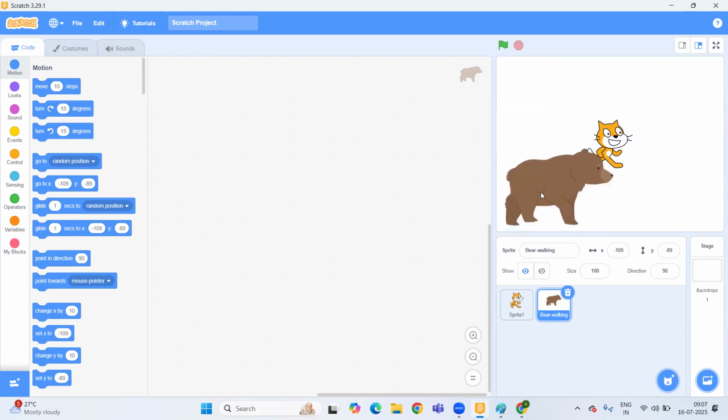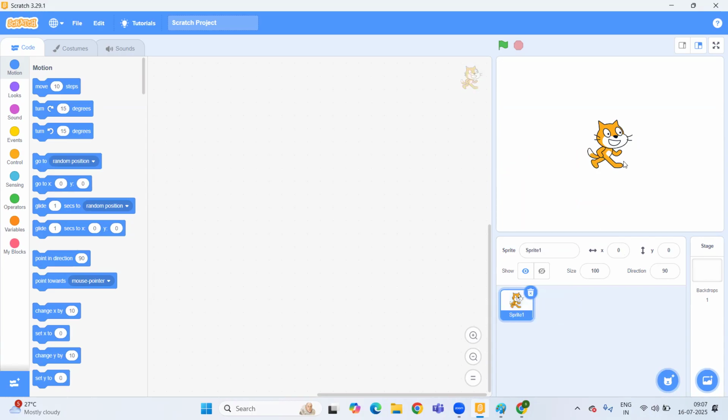It completely depends upon us whatever sprite we want to take. If we want to take a cat, I can take it. So just delete this beer walking. We will cover this concept with the cat also. And if you want to take a new one, you can take it.